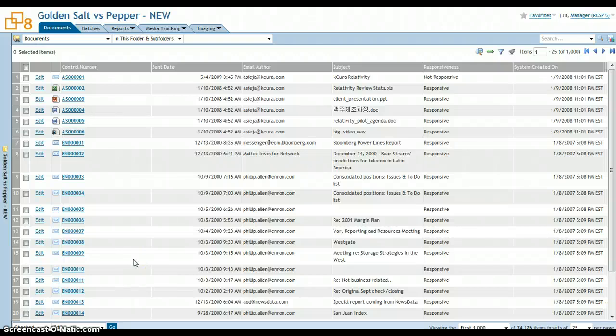Now that we've talked a little bit about browsing and views, I want to show you how you can use Relativity to investigate and search through your documents. We can search in multiple ways. We can do keyword searching, and then by using Relativity Analytics, we can expand our search to find related keywords